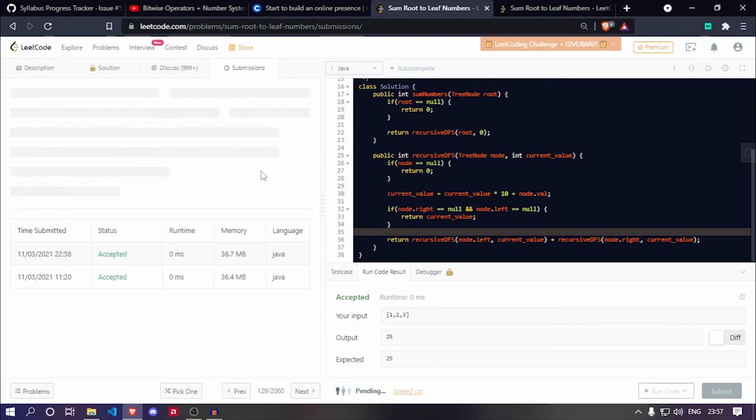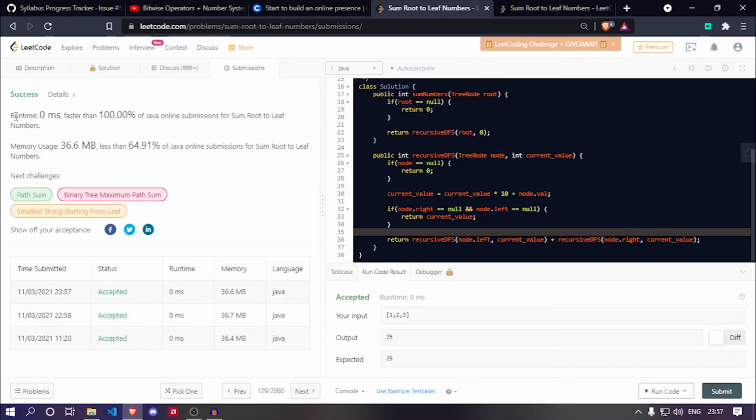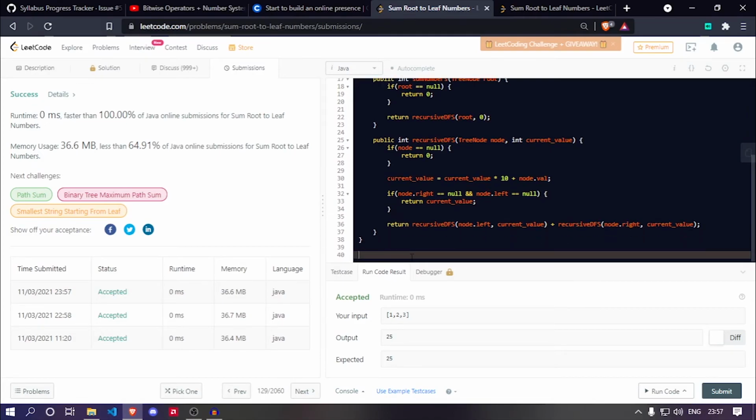Let's see if it submits. Alright, it's submitted and it's 0 ms, which is 100% of Java online submissions. The time complexity would be O(n), and the space complexity would be O(h), since we are using recursion and recursion has stack calls, where h is the height of the tree.